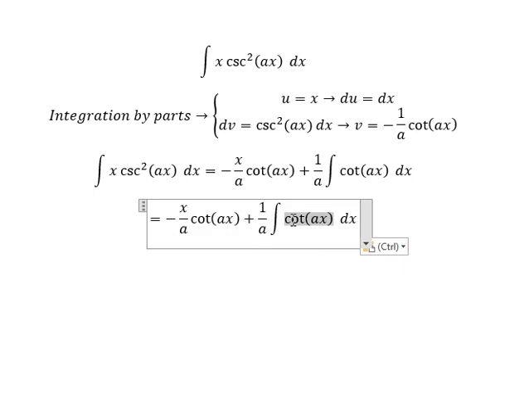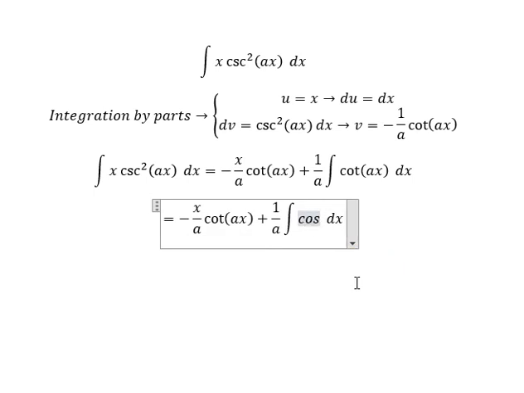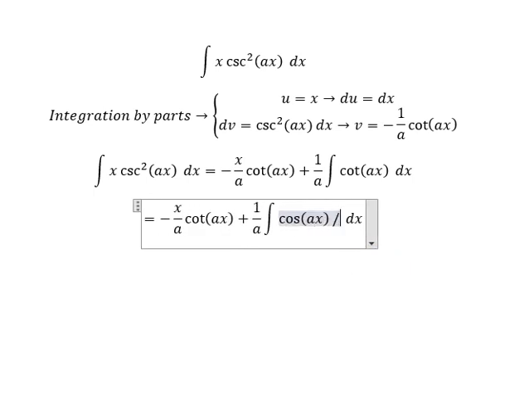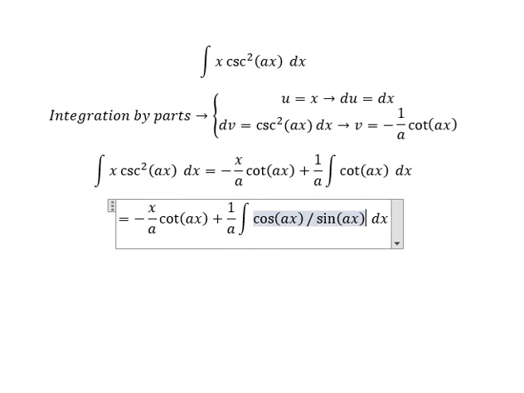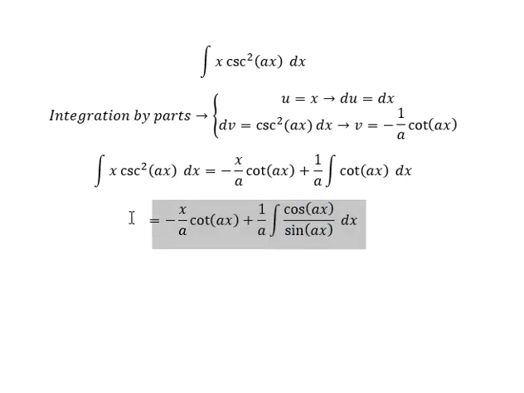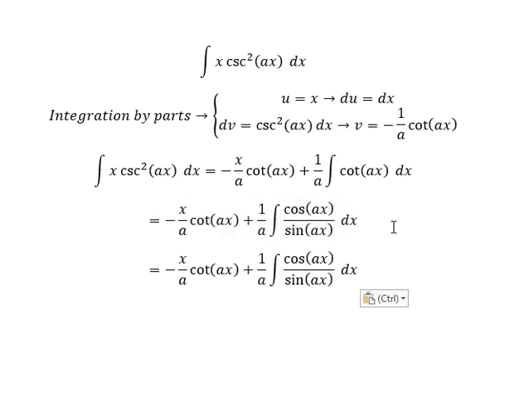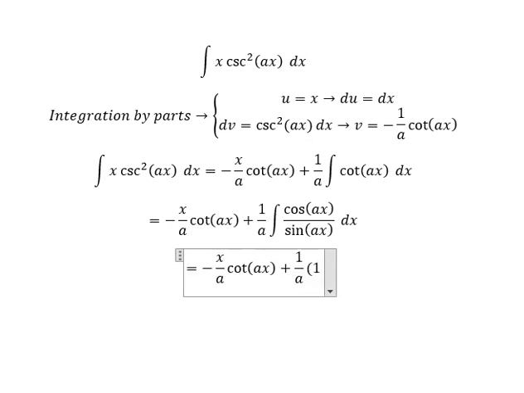So cosine we change to cosine as over sine as. The integration of this one, you will get 1 over a multiplied by ln of the absolute value of